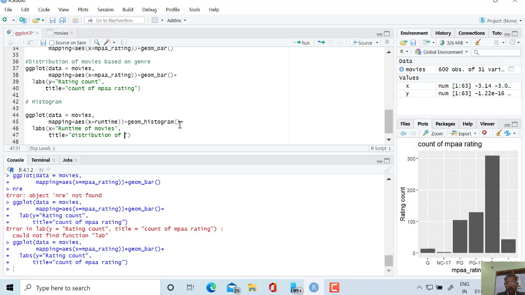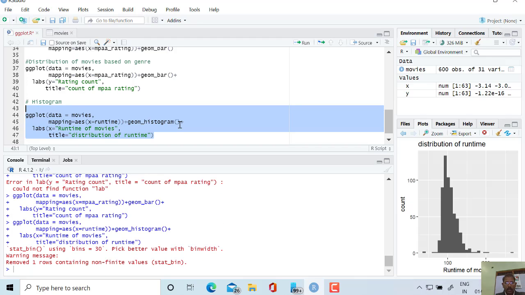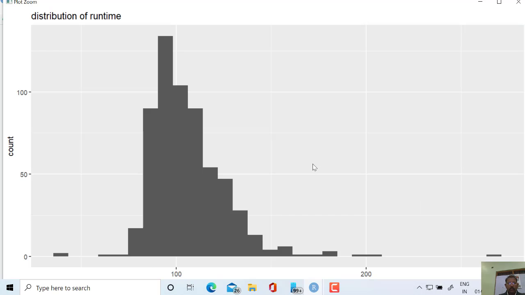Distribution of runtime should be written here. Now let me execute this whole command, and so 30 bins have been used here, and removed rows containing non-finite values. Okay, because the graph was so compact, some rows have not been included.